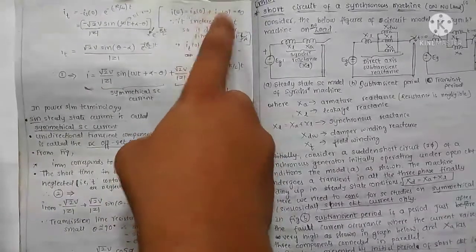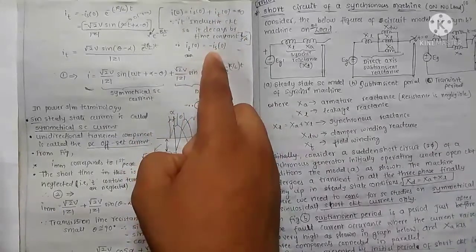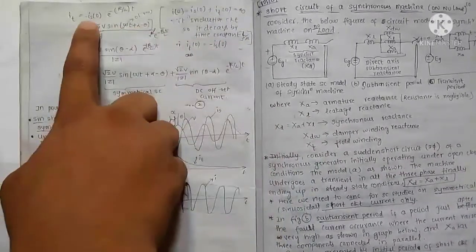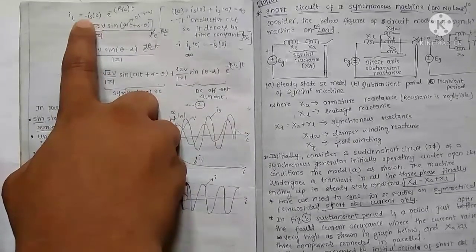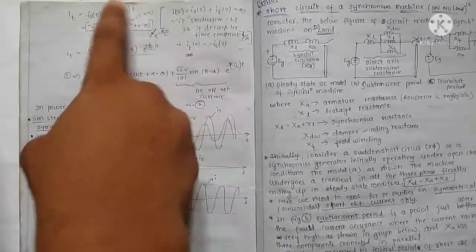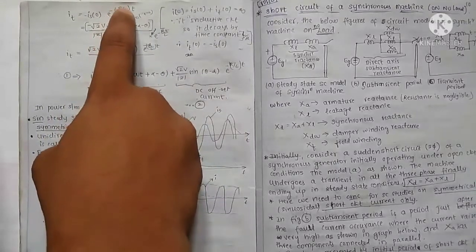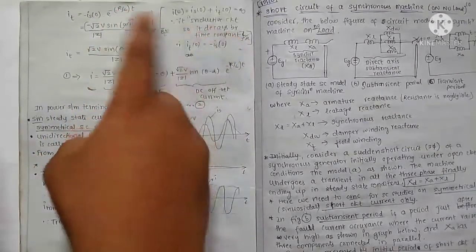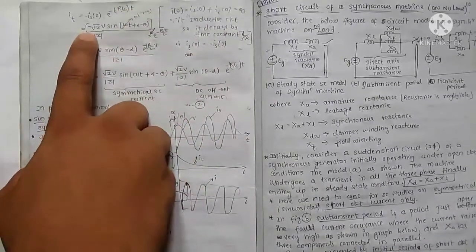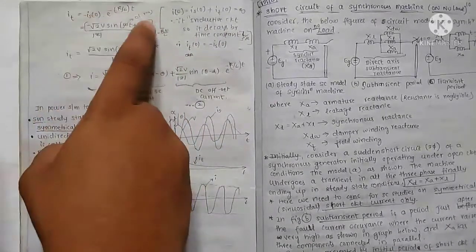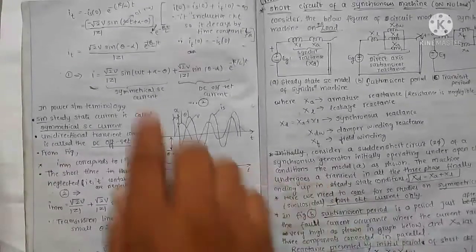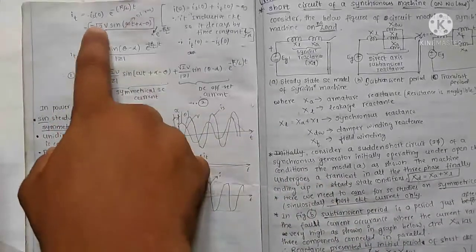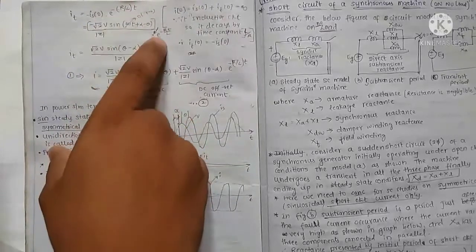So I_T, from this equation, is equal to minus I_S(0). Therefore we'll write I_S(0), the initial condition, minus I_S(0) multiplied by the time factor e raised to minus R by L, that is the time constant, into t. We know that I_S(0), you just substitute. What is I_S? We just found it right here. Now this equation we have to write there. Yes, I_T is equal to I_S(0), I substituted it, multiplied by e raised to minus.